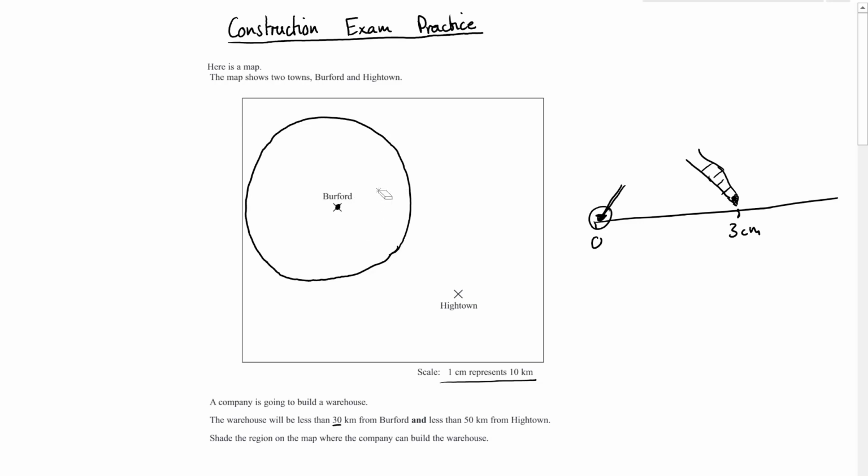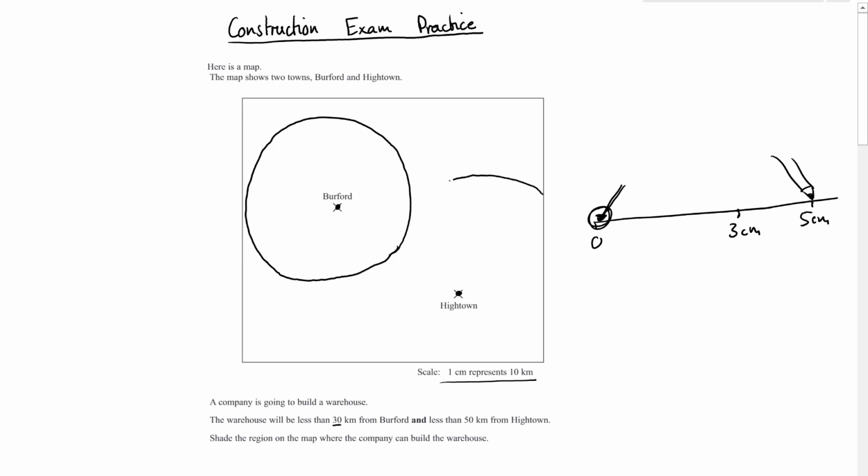Okay, so that's your first step. Your second step is that it also has to be less than 50 kilometers from Hightown. So you now want to remove your pencil from the 3 centimeters, find where your ruler goes up to 5 centimeters, and then put your pencil over there. And then you want to take this point again, place it on the center of Hightown, and then draw a 50 kilometer circle, or a 5 centimeter circle in our case, because we've rounded it down,